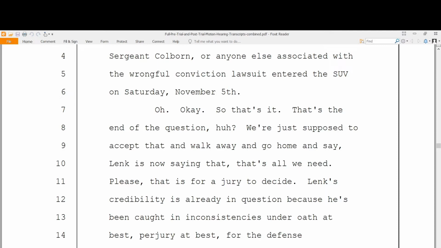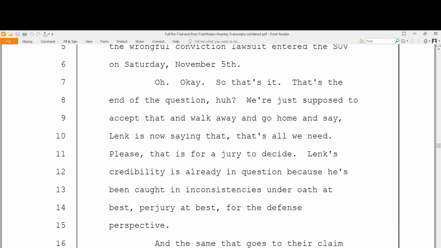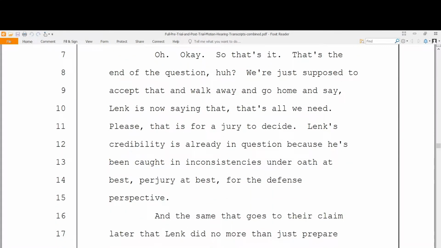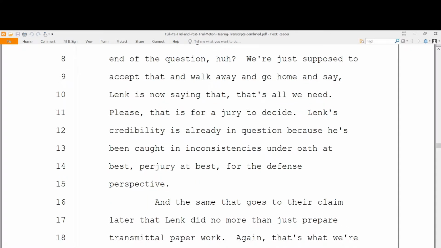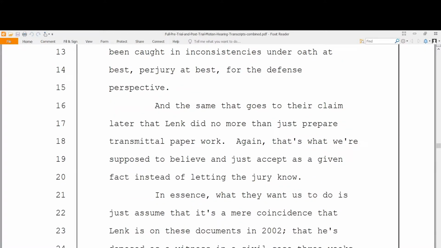We're just supposed to accept that and walk away and go home and say, Lenk is now saying that. That's all we need. Please, that is for a jury to decide. Lenk's credibility is already in question because he's been caught in inconsistencies under oath, at best, perjury at worst, from the defense perspective. And the same goes for the claim later that Lenk did no more than just prepare